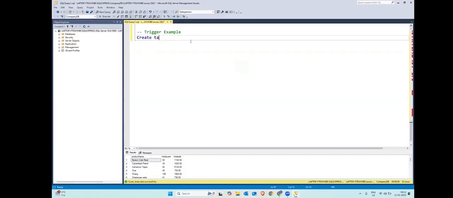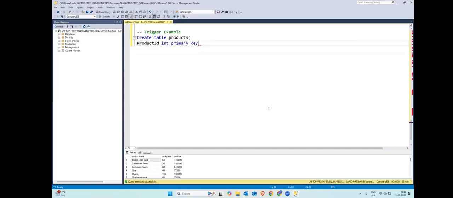Create table products. Right, what will a product table have? Okay, so you have to give me the query. I will give you this also. So create a table products with... okay, let me do it for you regardless. Create table products. I will have product ID, integer, primary key,